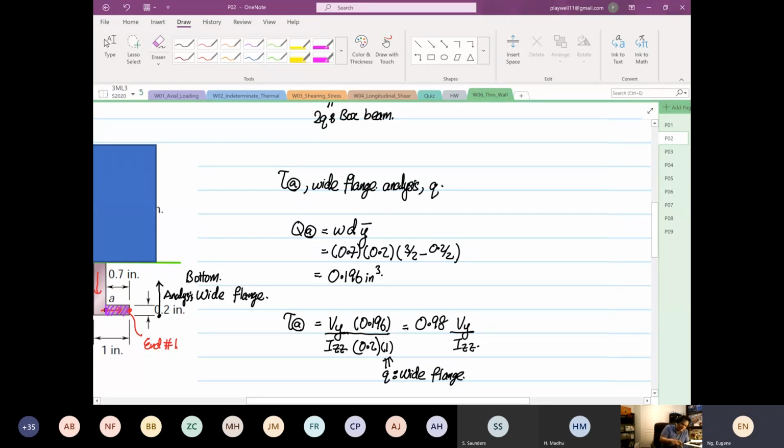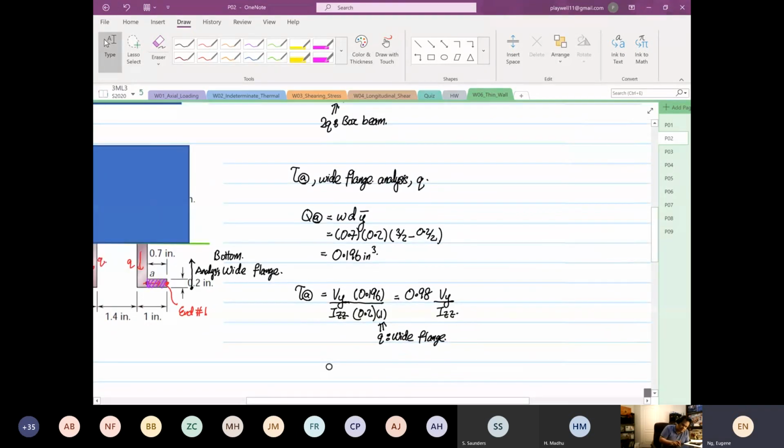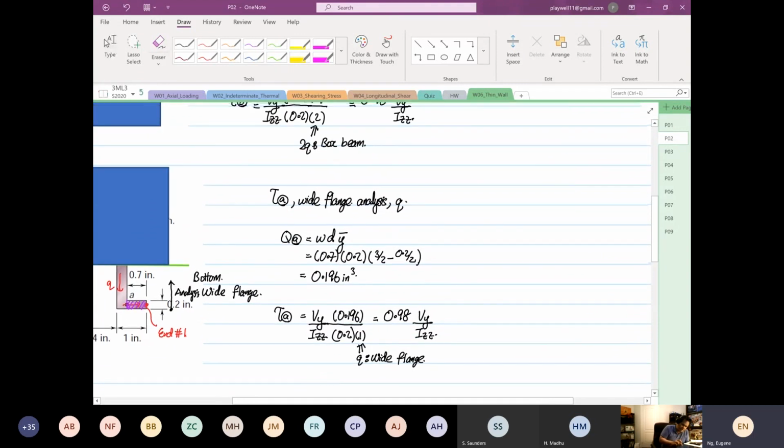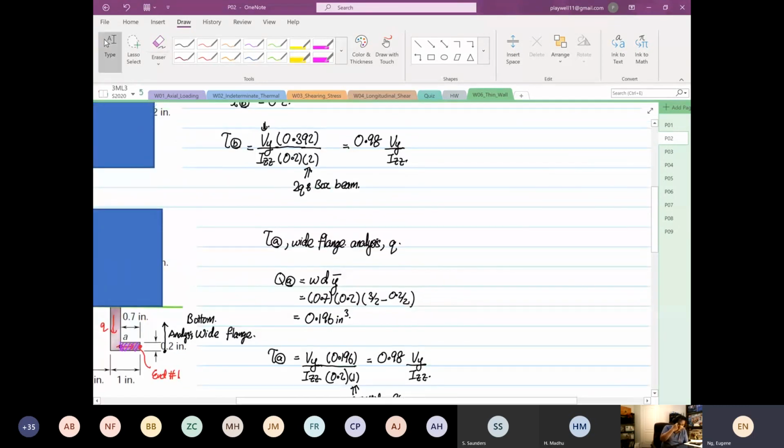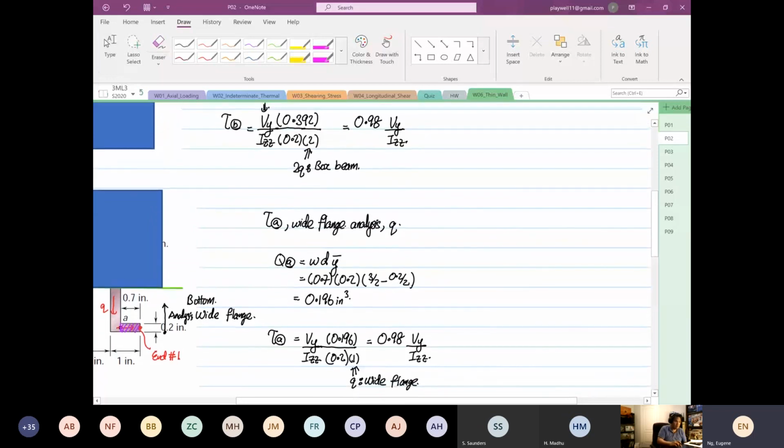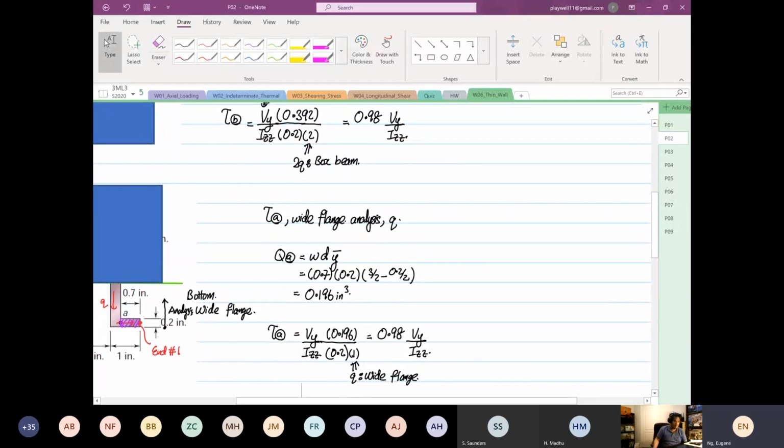So what we realize from this analysis is that the shear stress at point A and the shear stress at point B are the same, yes or no? You can see that, yes or no? Right, the shear stress at point A and the shear stress at point B are exactly the same. Okay, so now we want to